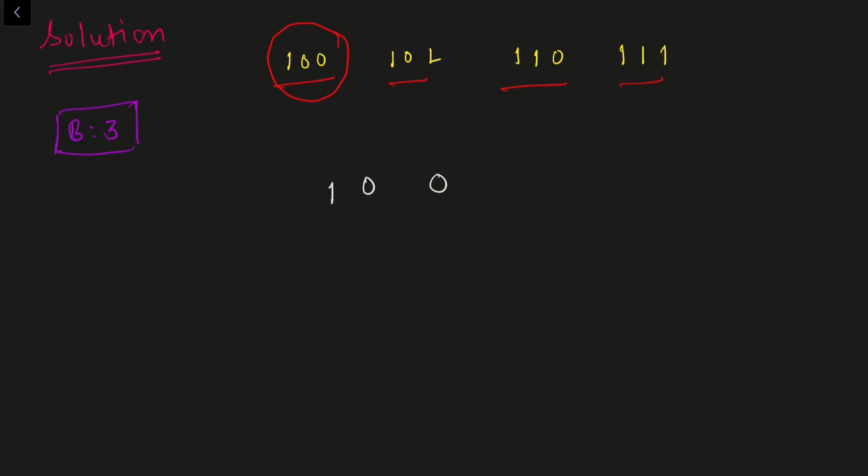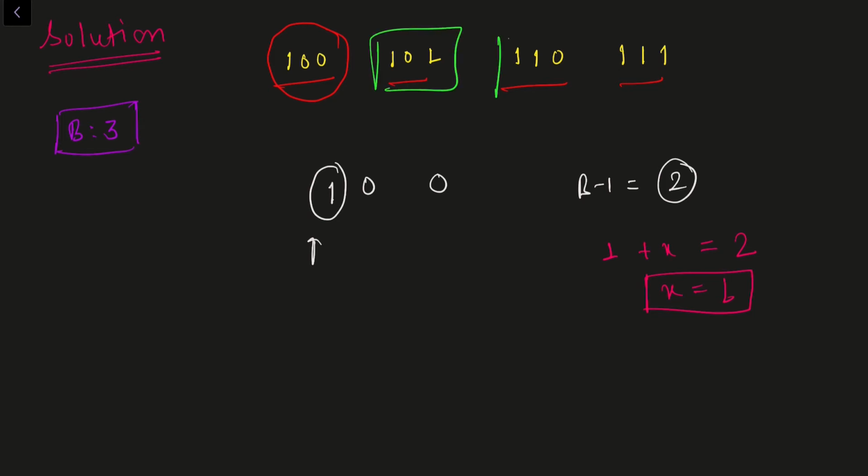Then I'll go from the most significant bit. Okay, so what is the best I can make out of it? That is b minus 1 or 2. b minus 1 is equal to 2 here. Now what is the number I need to add to 1 which will make it 2? So obviously that number is 1, right? So I'll search for the candidates which have 1 on third place. The first candidate will be this one, second will be this one, third will be this one. All three satisfy the condition, right?